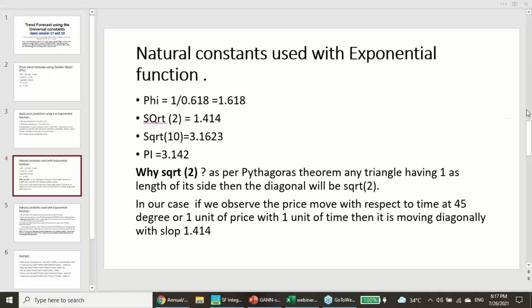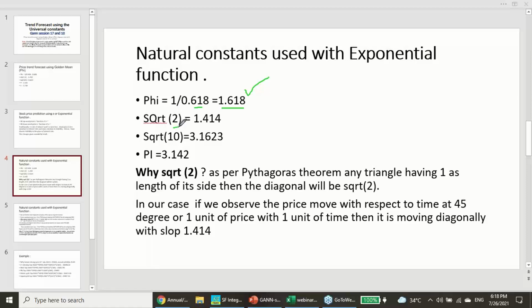Phi is nothing but Fibonacci's most important constant, 1.618. So how is 1.618 derived? 1 divided by 0.618. 0.618 is your Fibonacci golden zone's first ratio, the first ratio from where the retracement or the trend can change. So if you take the inverse of that, 1 divided by 0.618, you get phi. Using this phi, many technical tools have been developed. The Phi ellipse has been developed. So using the phi constant, you say that yes, here the trend is going to get terminated. So all these things have come here.